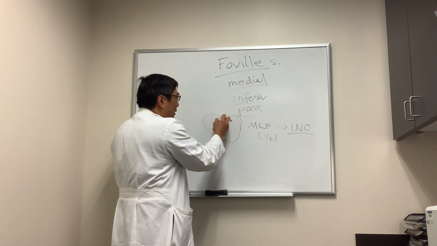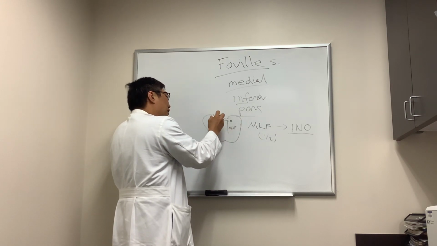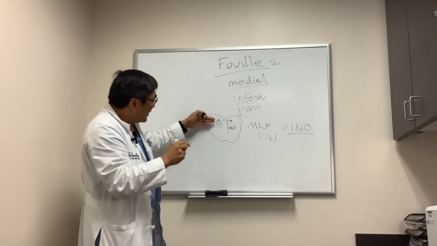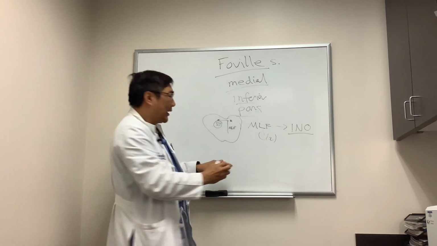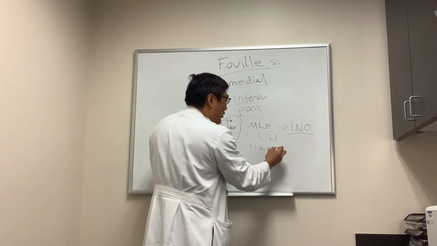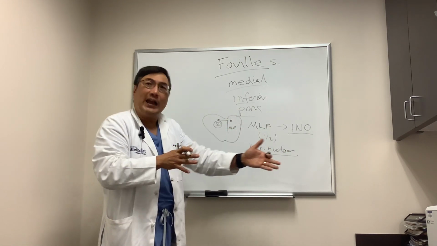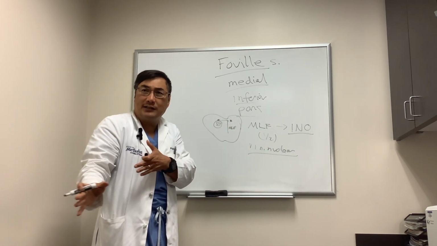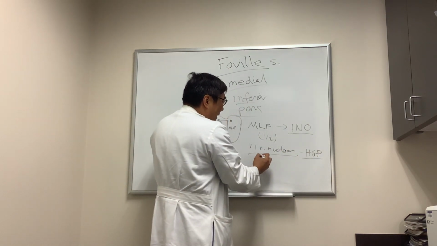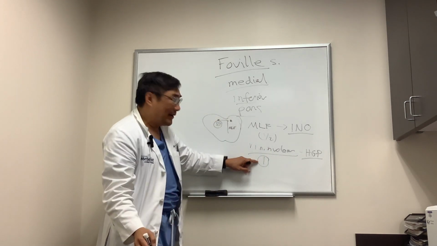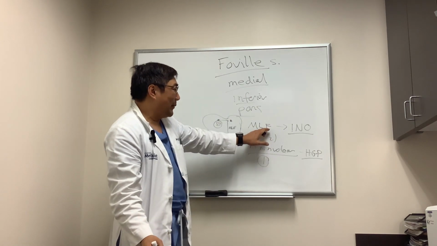If you're involving the MLF and the sixth nerve nucleus itself, because it's talking to the MLF, you get a horizontal gaze palsy if you get a sixth nerve nuclear lesion, because it's affecting both the abducens nerve and the medial longitudinal fasciculus. And so you get a horizontal gaze palsy, and that is a 1. So you can get a 1 or a 1.5 in the Foville from involvement of the MLF and the sixth